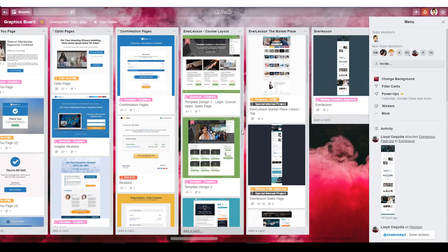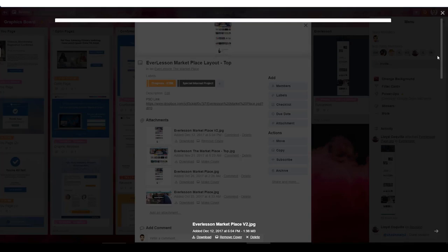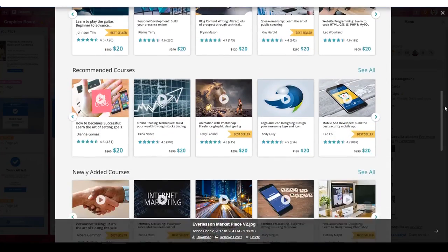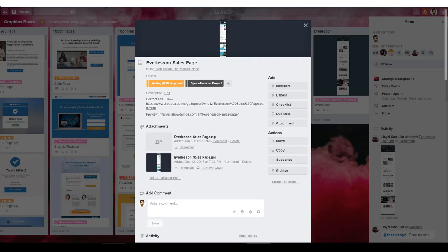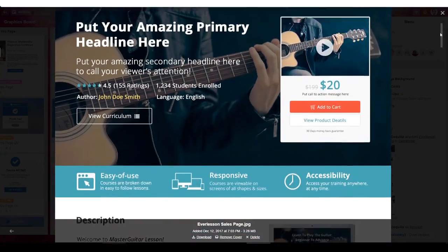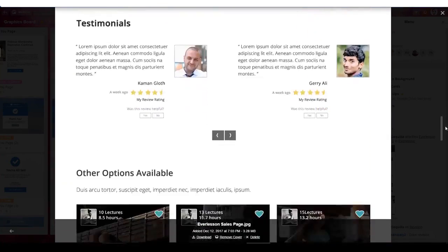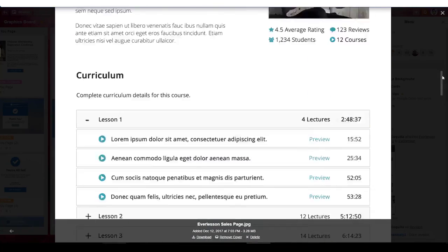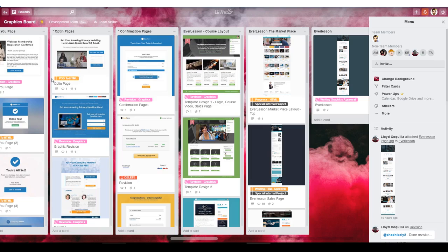Oh, and just to give you a sneak peek, this is our marketplace. We're basically going to do what Udemy does. We're going to bring in free leads, and then we're going to get them inside the EverFunnels system. So here is our sales page. We've already got this created. We're already programming all this in, but this is what the sales pages are going to look like for the EverLesson marketplace. So you're partnering up with people that are here to stay. We've got 3 years into this platform. My partner, Karthik Ramani, everybody knows him, top-notch guy. We've got 14 developers on this all the time, and we're looking for